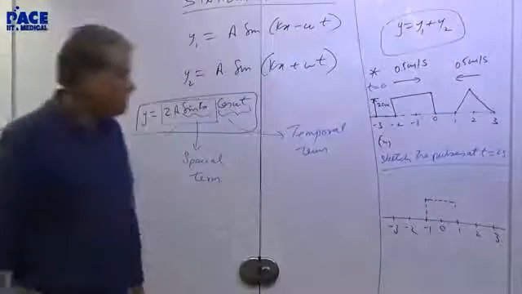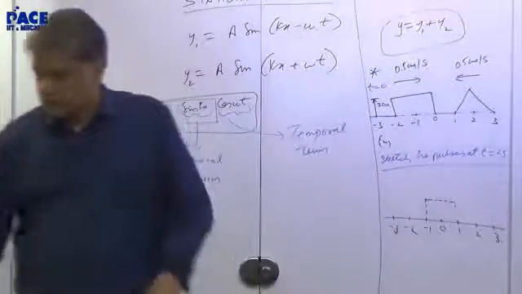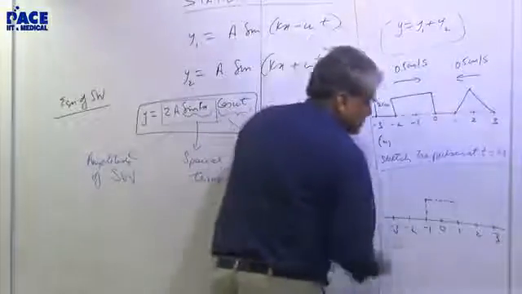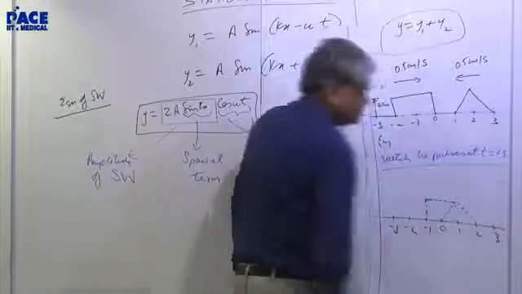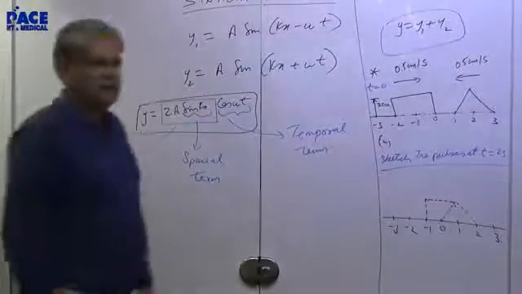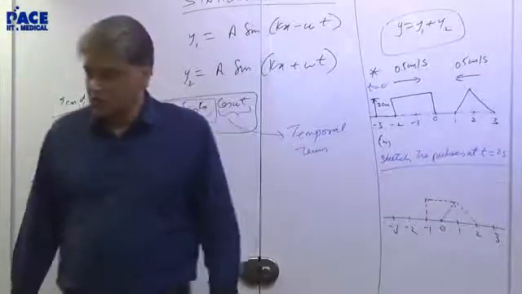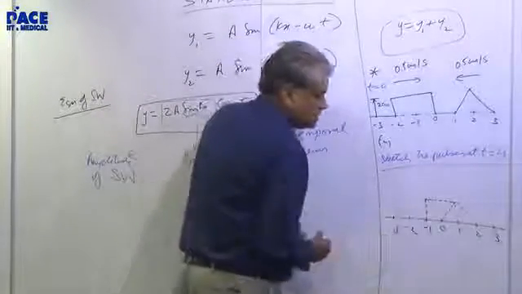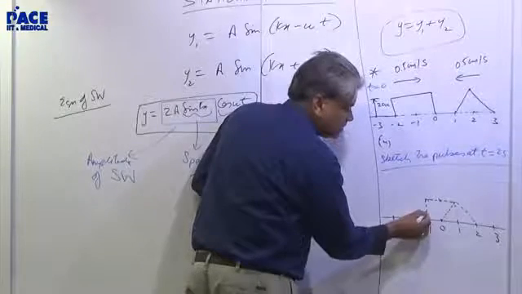Where will be the triangular pulse? The triangular pulse will advance by 1 centimeter. So you will draw it here between 0 and 2. Is it okay? Just draw it independently as if they can coexist. Now, y is equal to y1 plus y2 means what? Now between -1 and 0, you only have this pulse, so I will now darken it.